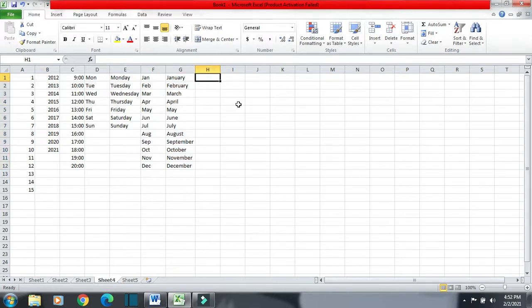Now suppose you want to create a series like this: 2, and then you want the value 4, then 6, then 8, then 10, then 12. So you can do it like this also. Select these two, then again drag: 6, then 8, then 10, then 12, then 14, then 16, then 18, then 20, then 22, 24, like this. So we can create any type of series we want using the fill handle. This is called the autofill option, and this option is available in Excel.